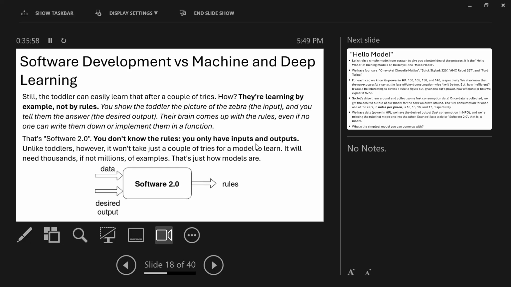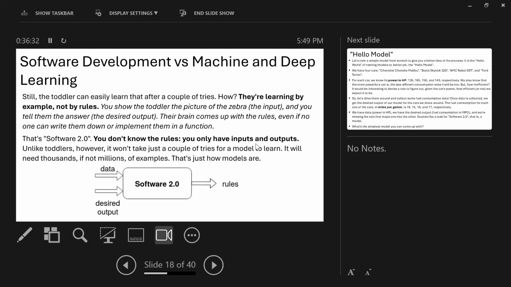So this is what happens in machine learning. You give the computer data, and you tell the computer the answer, the output. Remember when I was talking about supervised learning, you give the data and you tell the child that this is this image. So you develop a machine learning model, and within the model, the rules are generated.